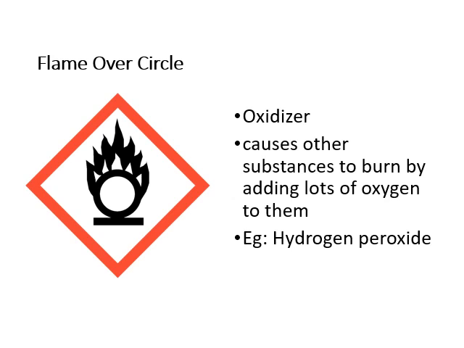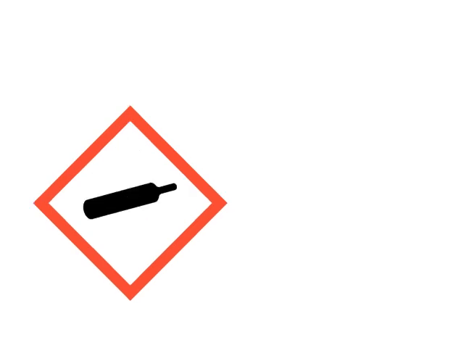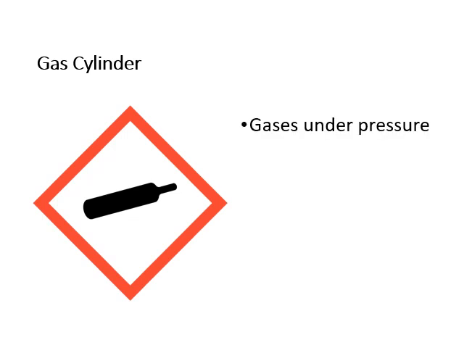Right? The next one we have here, which is going to be similar to your household hazardous products, is the gas cylinder. Right? And this is warning you that you've got gases under pressure. So for any of you who barbecue or know people who are taking supplemental oxygen, you know they've got the tanks and they've got the sign that says gases under pressure. So this would be something like your propane tank for your barbecue. Okay, or you'll see the trucks that are transporting oxygen and things around town, and they've got the gas cylinder